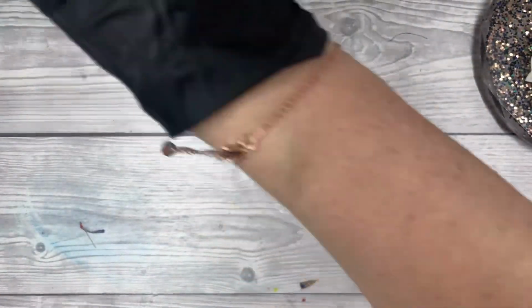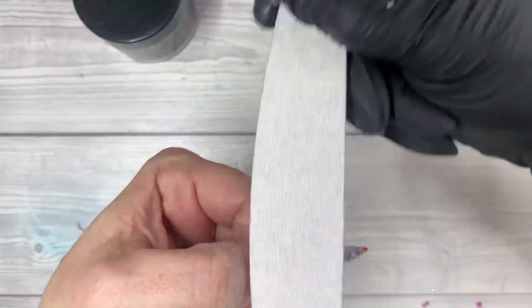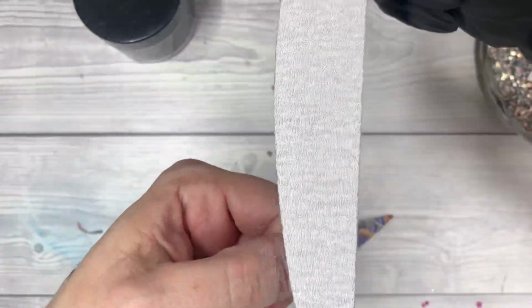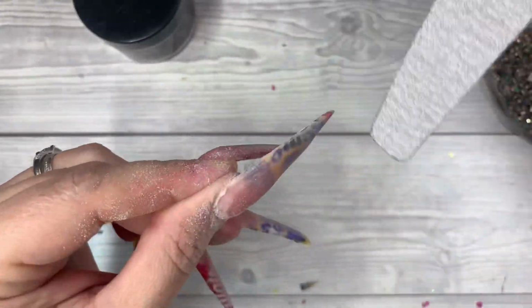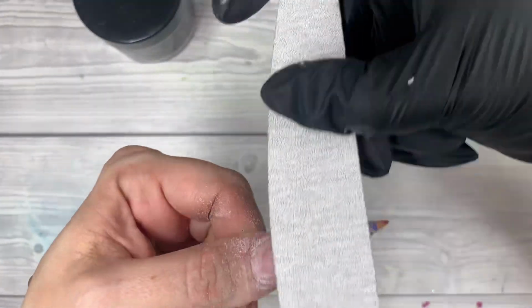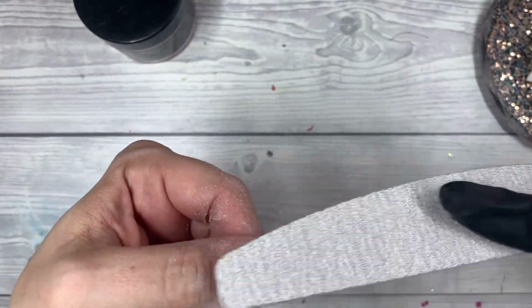And then I just use a 180 grit file and start going around. Now I've got a lot to sort out here because I messed it up. I don't even know, I think I got distracted, to be honest, which is quite easily done for me because I've got the attention span of a gnat, according to one of my old teachers. So yeah,